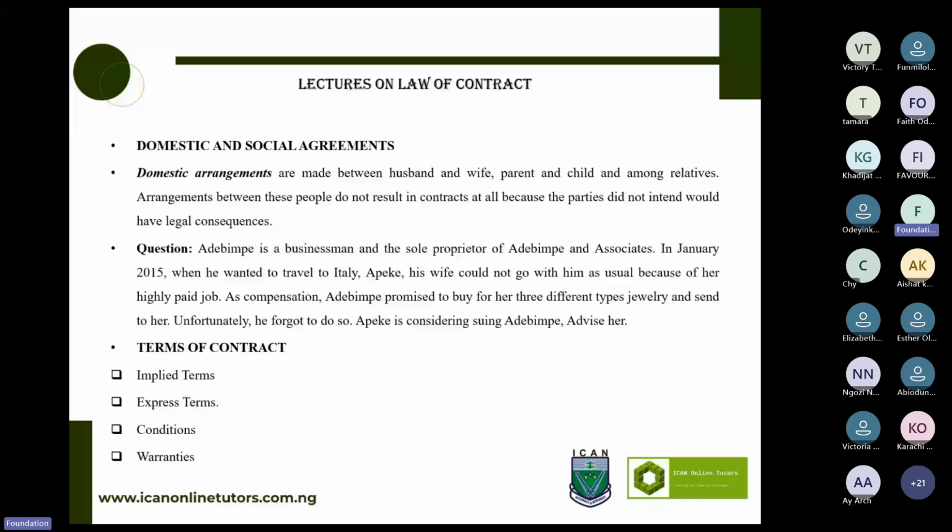So our advice is very clear here. Here is just a mere understanding between husband and wife. It does not constitute an agreement, so it does not constitute a contract and is not legally enforceable. So we advise Akweke not to sue her husband, as she stands no chance of winning the case. Now, if we flip it around and there is a document that was signed off, we can advise her to sue her husband because she stands the chance of winning the case.